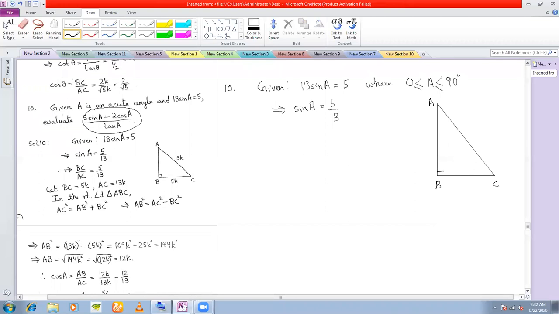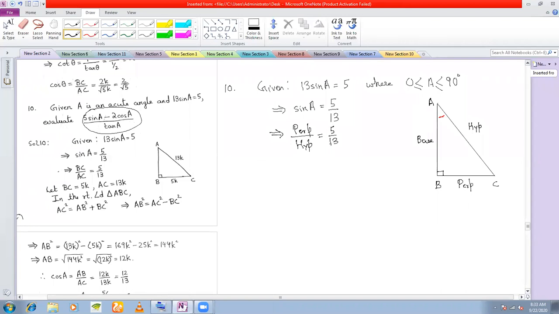Again, this triangle is right angled at B, so this becomes my hypotenuse. This angle is given as A, so actually this angle is my theta. This angle that I'm marking in red is my theta because I'm talking about sine A. Which one becomes my perpendicular? If this red angle is my A, then side BC becomes my perpendicular, and this becomes my base.